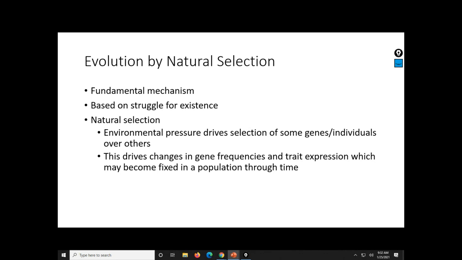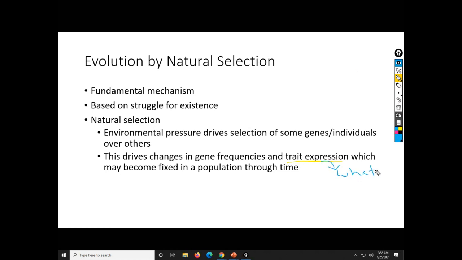Okay, so remember the changes that we see, the things we see, trait expressions are the things we see. So this might be camouflage, behavior. If you took Bio 130 for me, one of the big examples I use is our steampunk moths, that go from light to dark over time. But the things that we see are all genes, embedded through time.